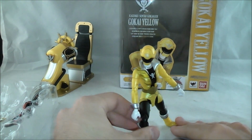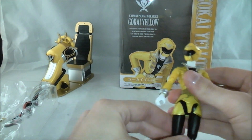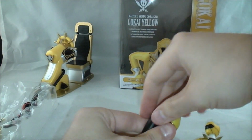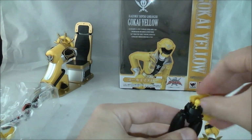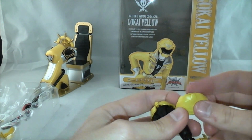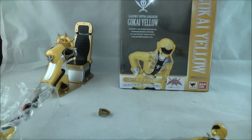Like I said in the review of the Shinkenger girls, I'm glad they did this if you do want to go for the more outrageous poses. Personally, I'm going to be keeping the regular skirt pieces on mine, just because I think it looks better, and I think the way the material is made, it allows for movement pretty decently, in my opinion. So I think they did a good job with it. I don't really see a need to mess this up. But yeah, I just don't see a need to do that. I mean, it's really nice that they did it for...